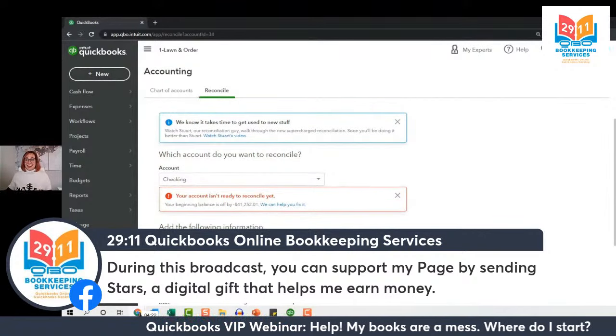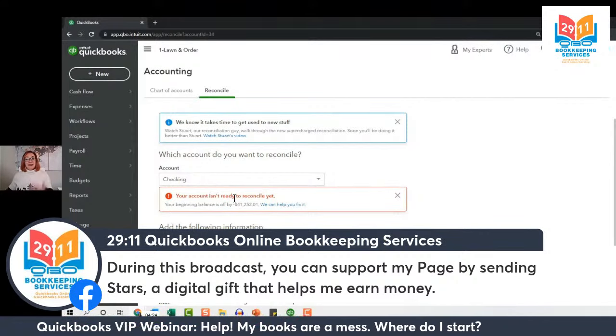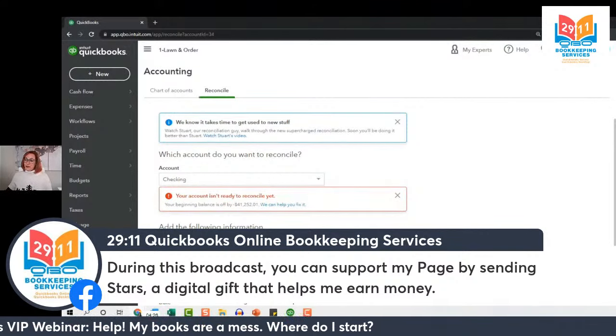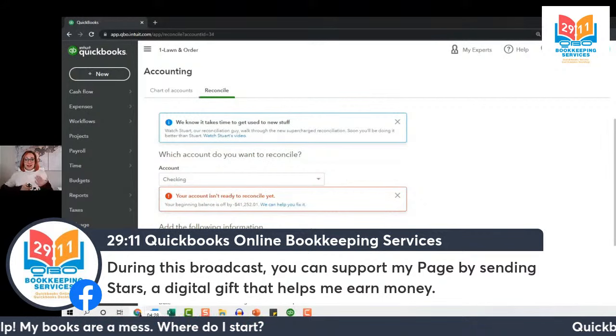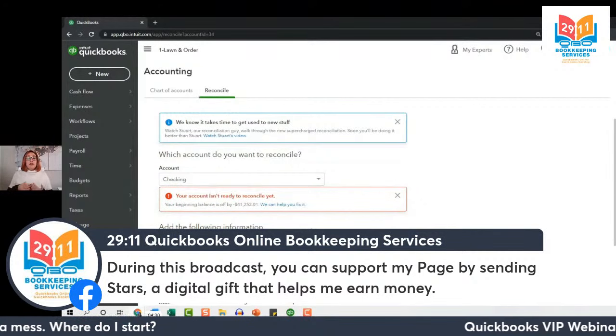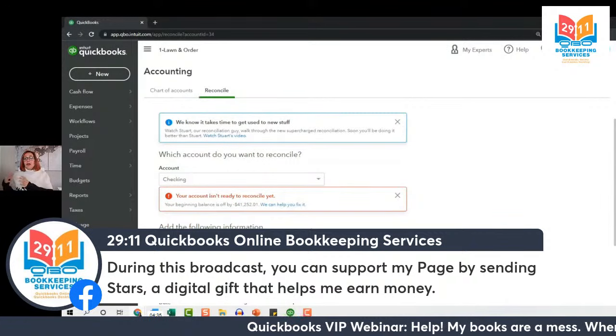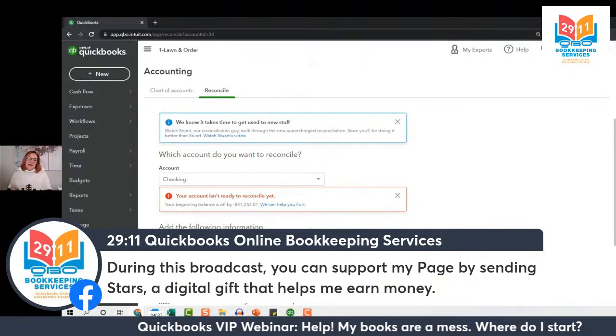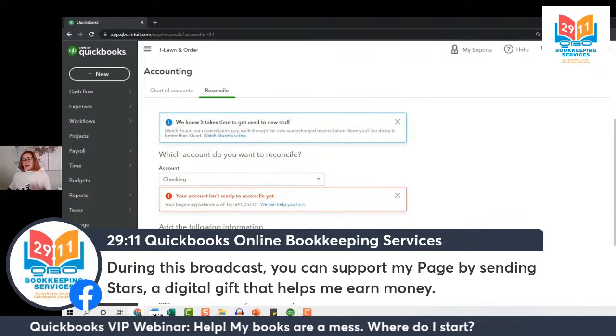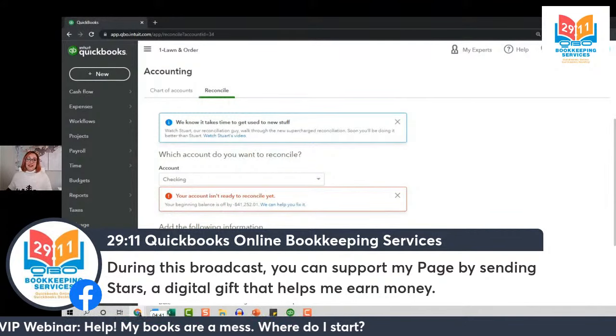I can also see that my account isn't quite ready to reconcile yet. So we do want to fix things up as of that date so we can continue moving forward, having correct reconciliations on the books. That is our goal, but we have to do a little bit before we can get there. And QuickBooks is telling us right off the bat what we need to do.